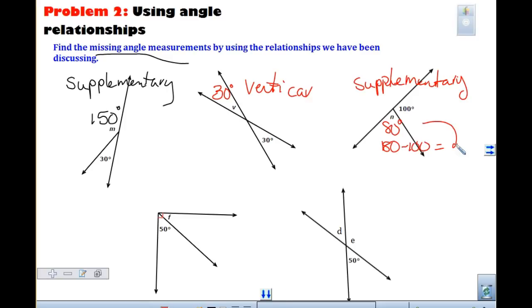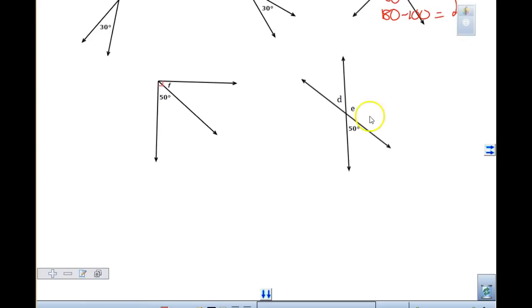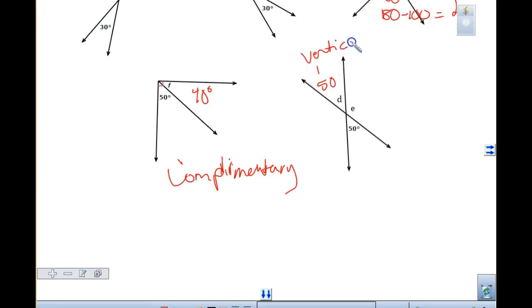So when I look at letter F down here, how are those two angles related? They are complementary. And which means my angle should be 40 degrees. 40 degrees. What is angle D going to be? 50. This angle is vertical to the 50 degree angle, right? Whereas, what do I know about angle E? Should be 130 because it is supplementary